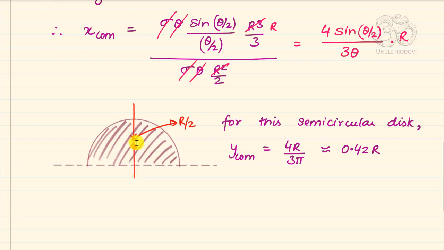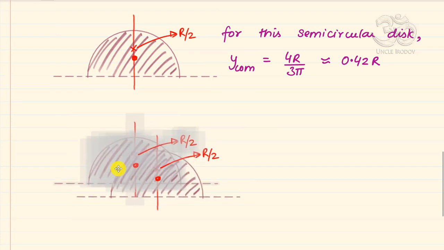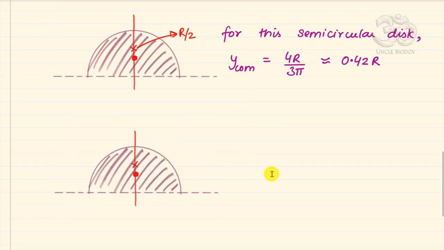And then I think you can do it easily for 1/4 of a disk and the other 1/4 of a disk. You know that exactly the same ideas can be used which we were using for a semicircular ring. So if you have 1/4 of a disk, there will be an axis of symmetry. For 1/4 of a disk, the axis of symmetry will be a line making an angle of 45 degrees with the x-axis, like this black line perhaps. And the center of mass should lie somewhere on that black line, so maybe that black cross here.